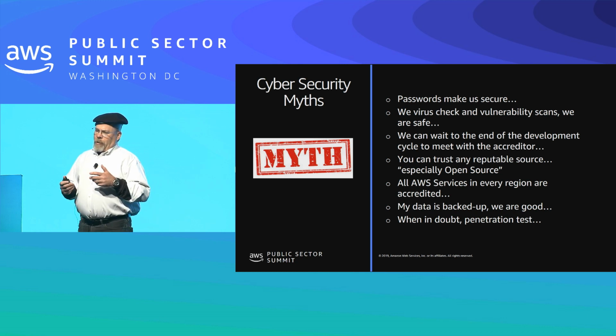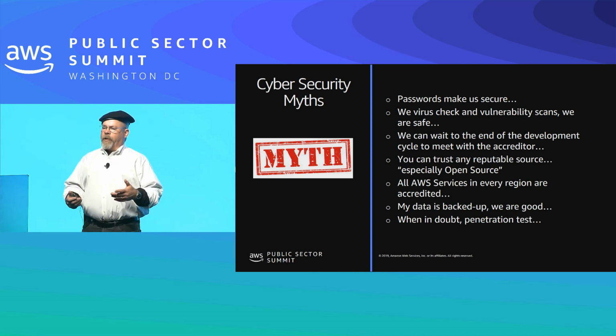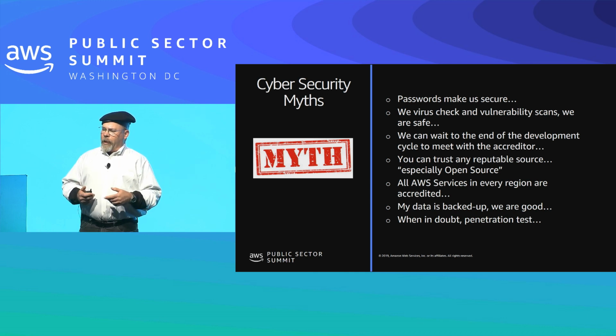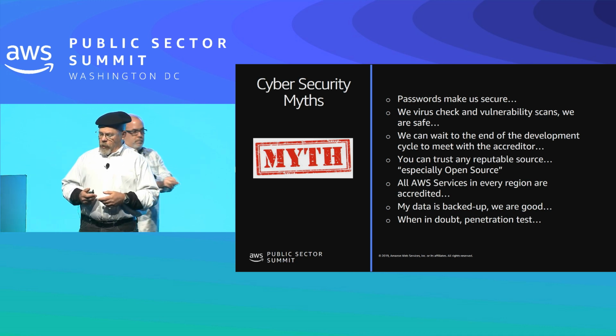On the accreditation side, a myth might be, well, we're going to get the work done, and we don't want to get slowed down by including the accreditor early. Well, you know what? The best way to get something accredited is to bring in the accreditation team early in the process and have them be a part of your development cycles, so that they're aware of what you're doing. They can alert you to things that might take you down the wrong path, and they're part of building that system, because the success of your system only happens once it has an accreditation and you have the authority to operate.